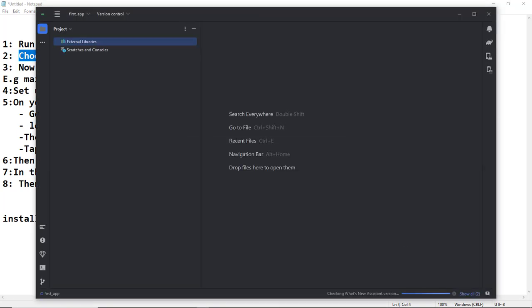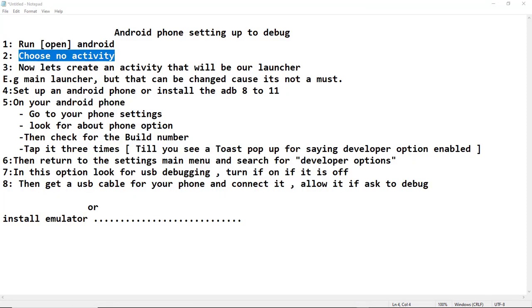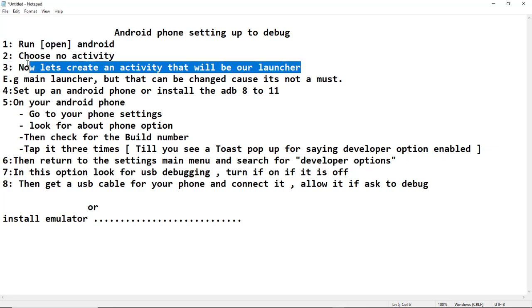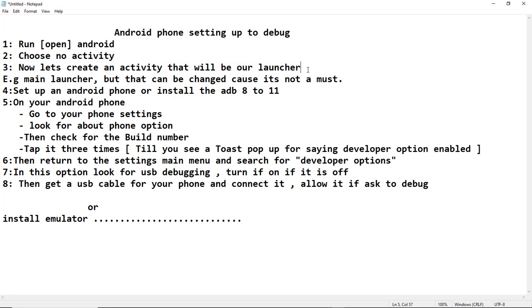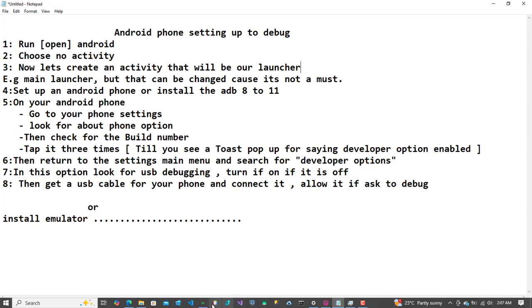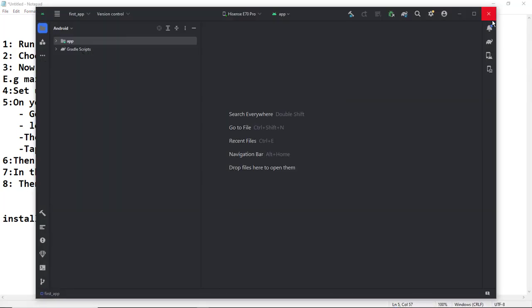and as it is loading everything, you can just let it be. After it is done with indexing, we can create our activity, which will be a launcher. This activity is the one that is responsible for the landing page when you run your application,